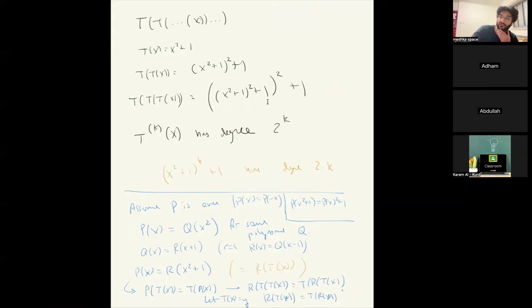No, so Abdullah, you're asking a question: what are we trying to show R is? I'm not claiming I know what R is. What I'm claiming is that if P satisfies the functional equation, then so does R. And then we can induct, because what's the point? R has a lower degree. So what's the point? The point is